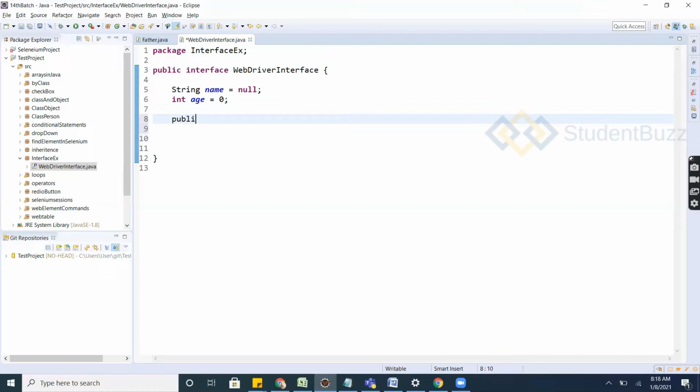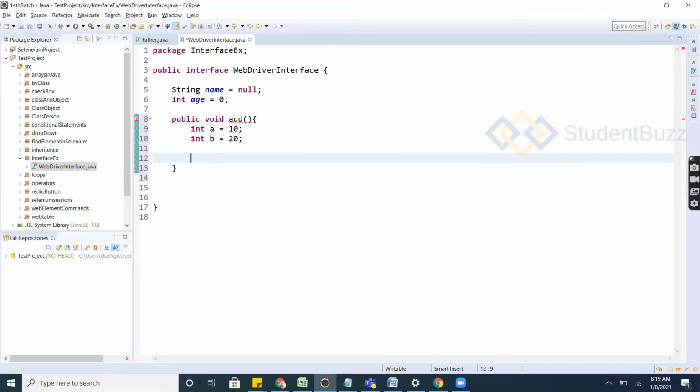Public void, and let's say I want to calculate two values, a method of add. So int a, int b, and then b is equal to a plus, then I want to print this.